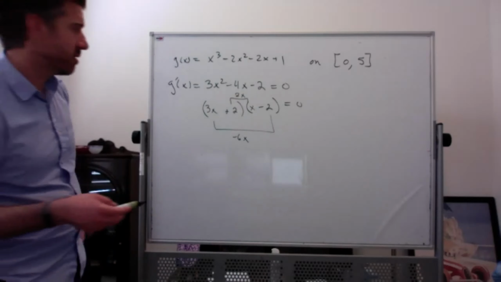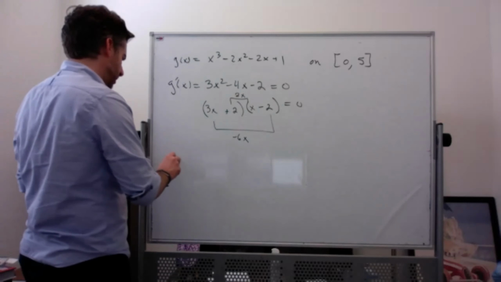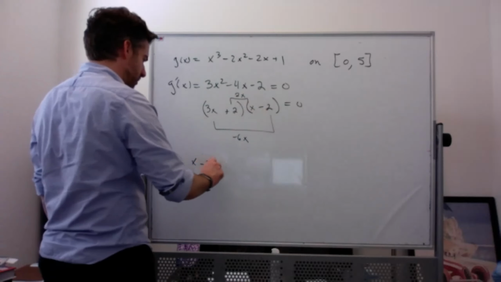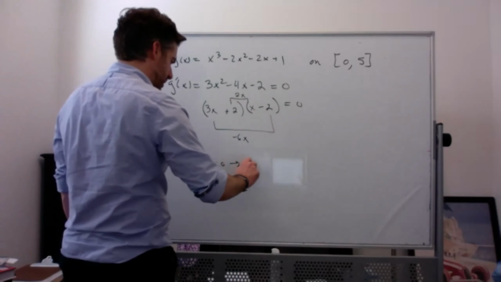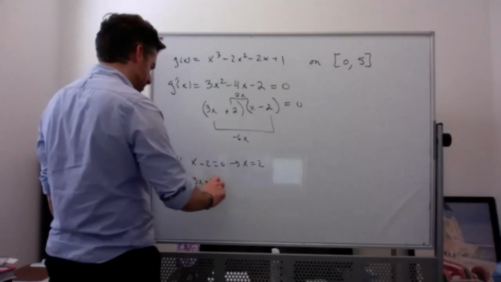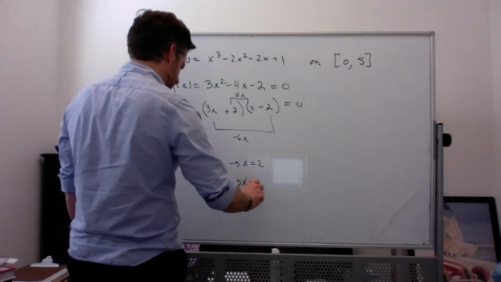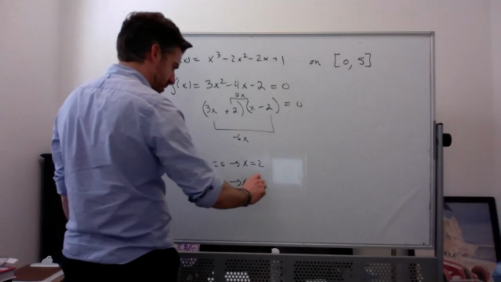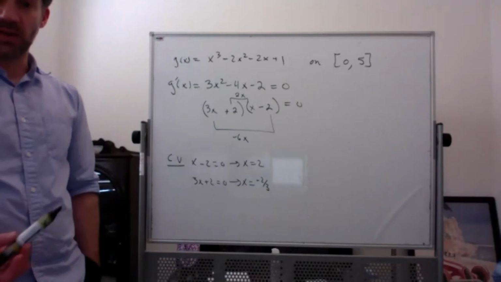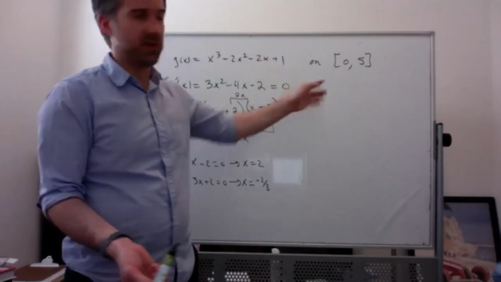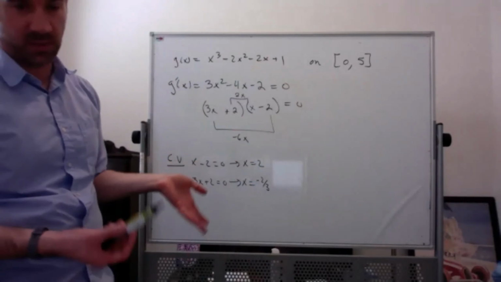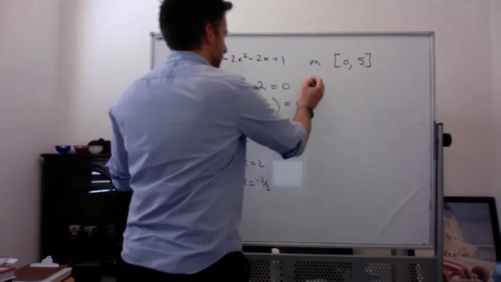All right. So let's see, what are my critical values? I get x minus 2 equal to 0, so x equal to 2, or I get 3x plus 2 equal to 0, which gives me x equal to -2/3. And then we're going to do the same thing we did. We also, of course, have 0 and 5. The endpoints are always going to be something we check. So now we're going to look at